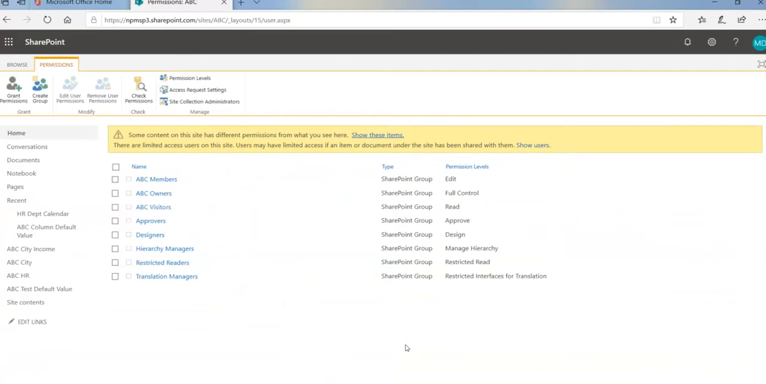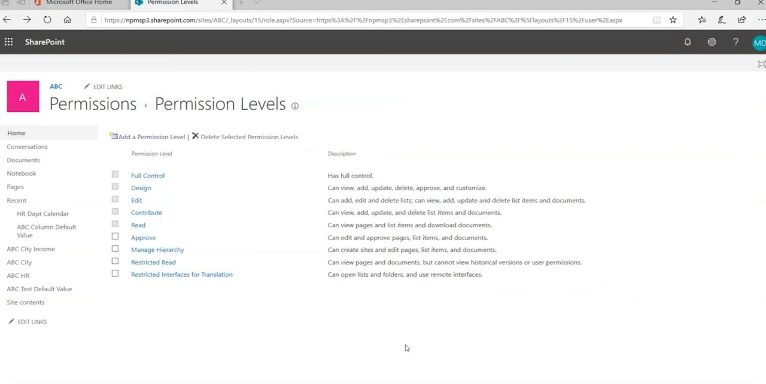Now at your work, your manager wants to assign a particular power user site administrator task. So he or she will be doing a lot more tasks than the average power user or a normal user, but should not have the full control. So let's look at what full control means. If you click on full control,